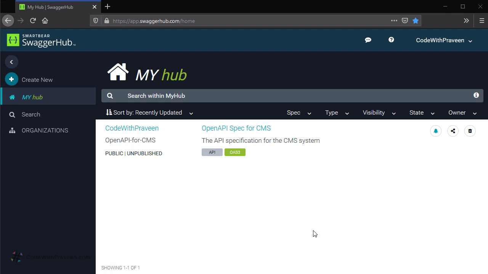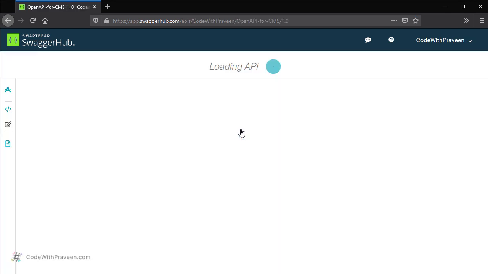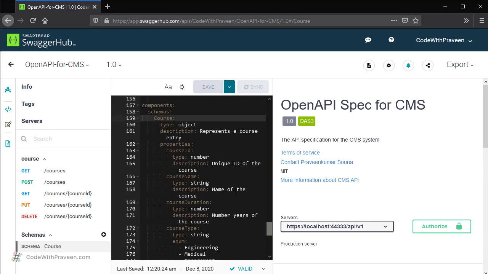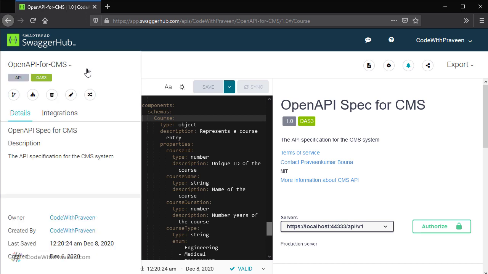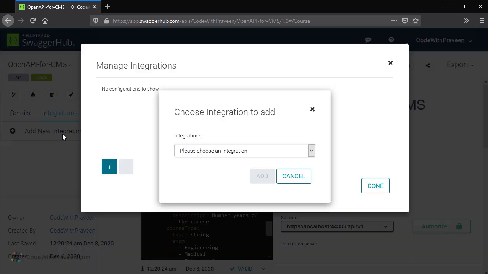In order to create a mockup, you first need to open the API for which you need to create that mockup server. Once you select the API, it's going to open the API's homepage. Among this, you click the top left for the API details, then click on the integrations tab. Here you are going to have all the integrations that you have added for your API document. Currently, we don't have any integrations and hence it's blank. In order to add one of the integration, in fact, the mockup is considered as one of the integration. So for that, you click on the Add New Integrations button.